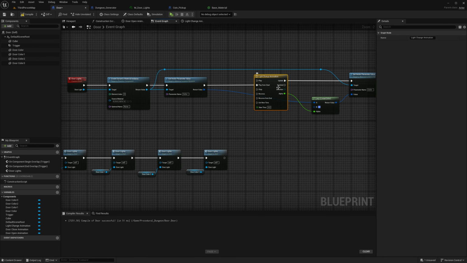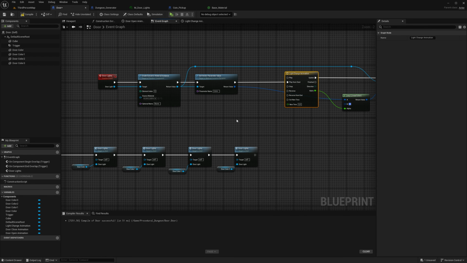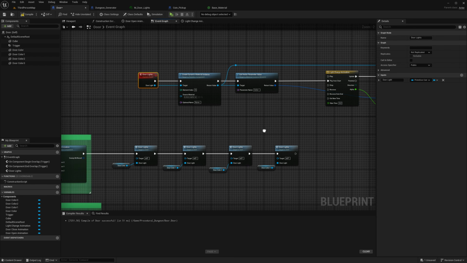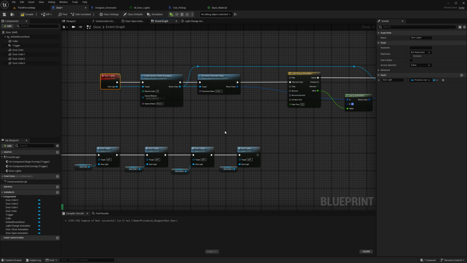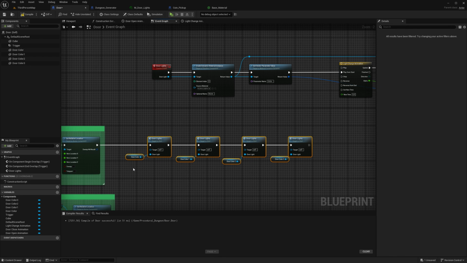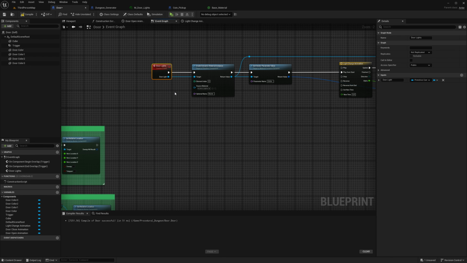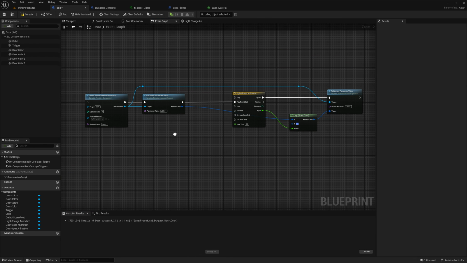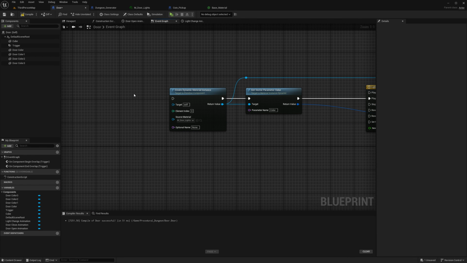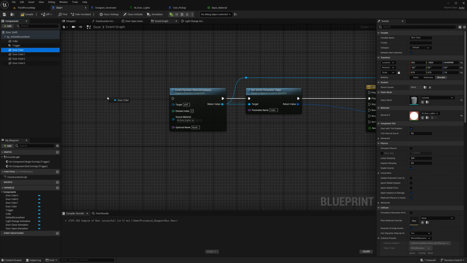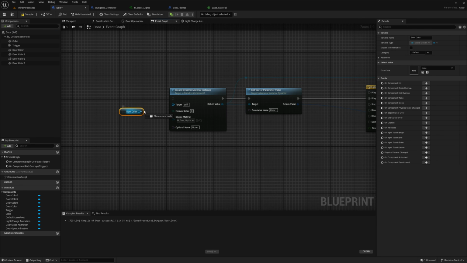It's like if a timeline is in a custom event and gets played multiple times, it won't work, something like that. But let's delete this. Let's delete the custom event. Let's do it the old-fashioned way. Drag in door color 0 here in the target, like this.